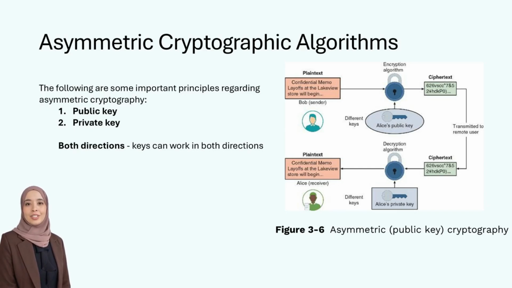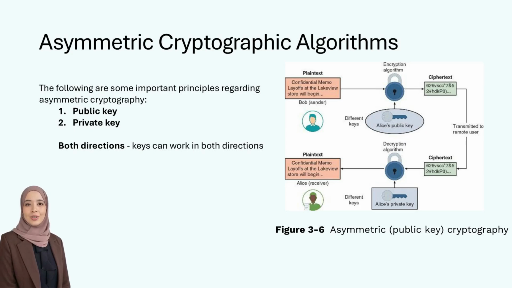In this figure, we see how this works with a confidential memo. The sender, Bob, wants to send a secure message to Alice. He uses Alice's public key, because every user has their own public key and everyone else has access to it. Bob can see the public key of Alice, and he uses it with an encryption algorithm to scramble the message